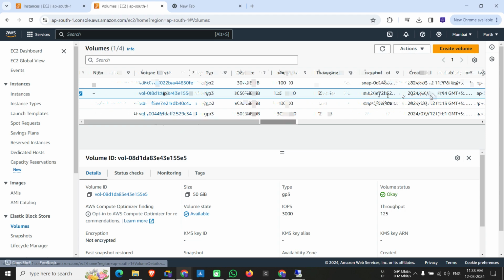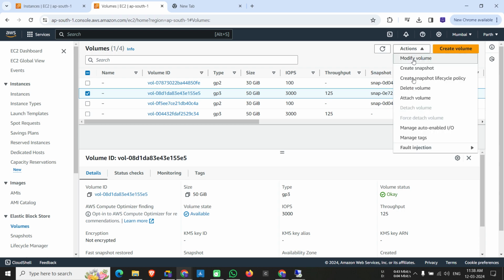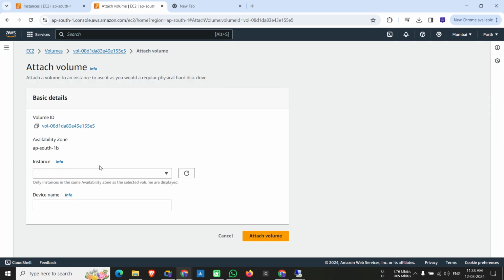Action, attach volume, select, and then you can find Windows Server 2 only, because this availability zone is AP South 1B, and in this availability zone there is only one instance running, that is Windows Server 2. Attach volume